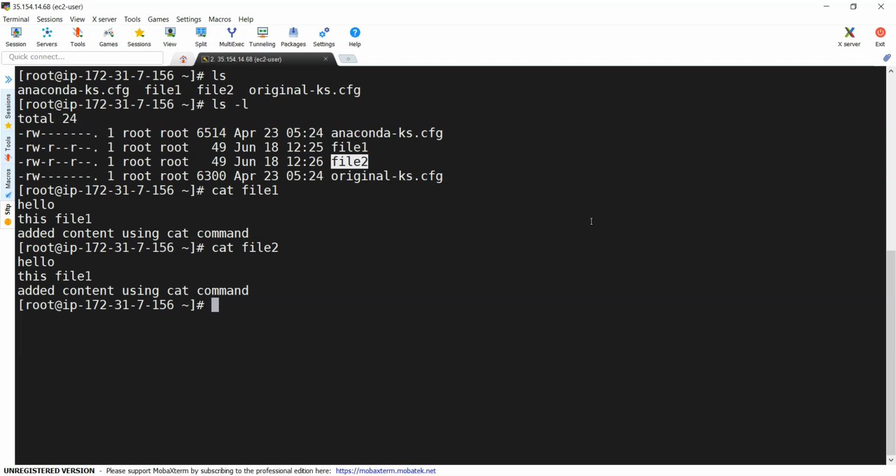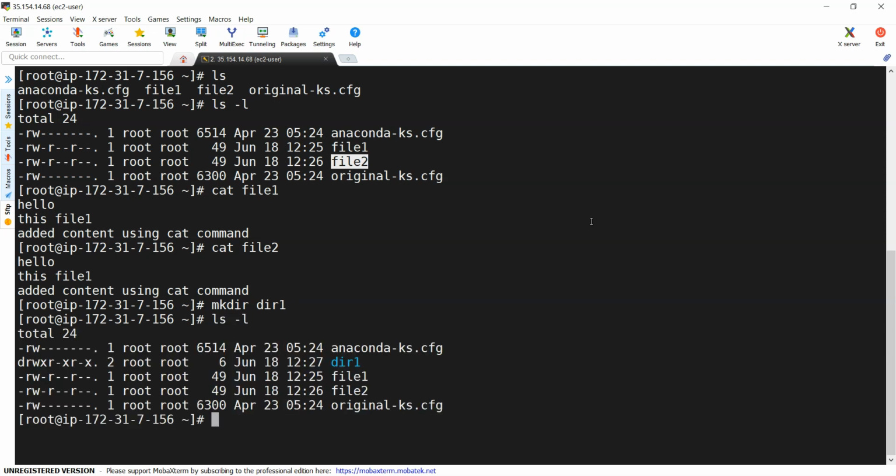Now we are going to create a directory. I'm creating a directory called dir1. Here I want to copy file1 into the dir1 directory, within this new directory. If that is the case, we can use the cp command again: file1 and dir1.